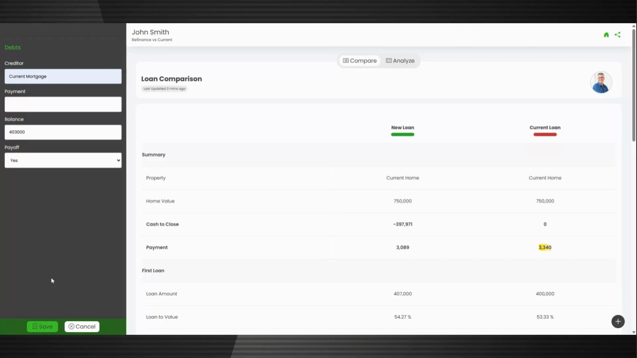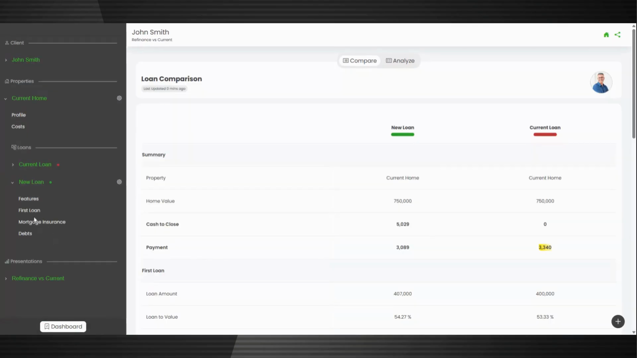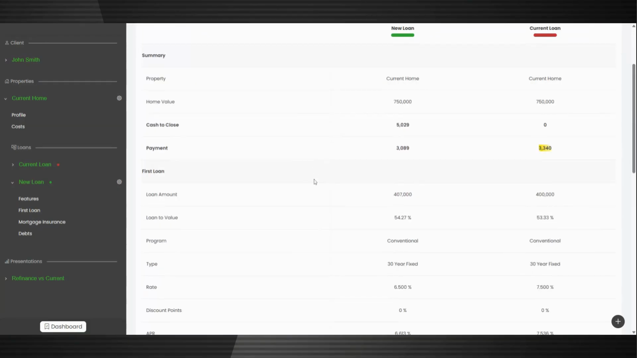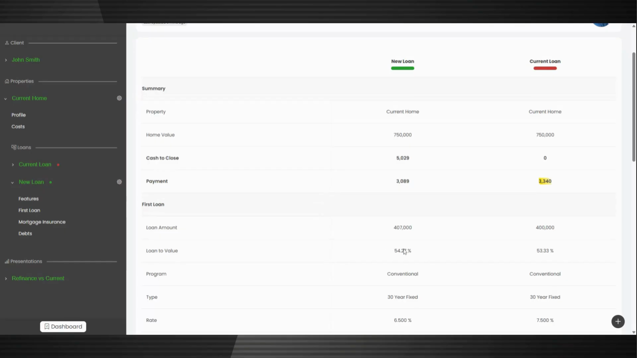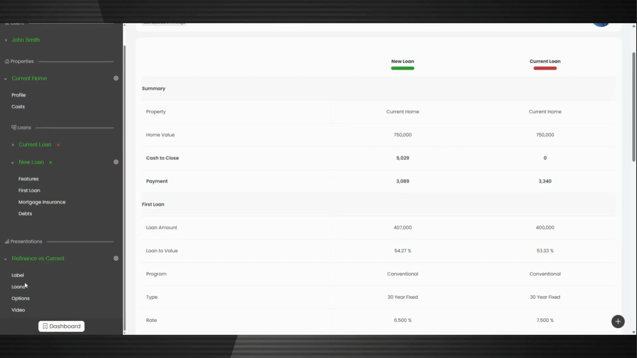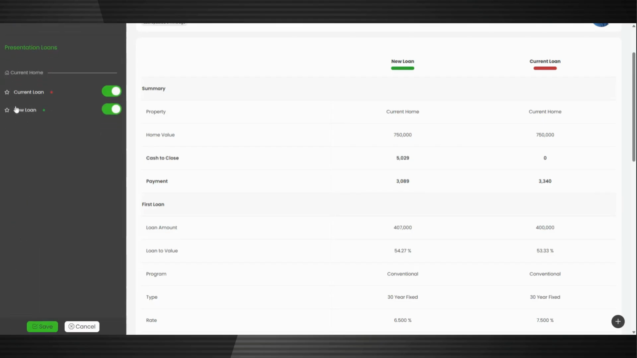You'll notice now that you are all set, unless you have to put in mortgage insurance. In this case, do we need mortgage insurance? Really just depends on the scenario. In this case, we're at 54 LTV, so no mortgage insurance is required, but you may have to adjust that depending on what you're doing. Once you have done that, I always like to go to this presentation and go to loans and then make the new loan my favorite loan so that it highlights the difference between the current